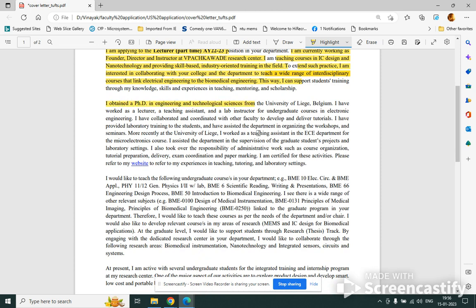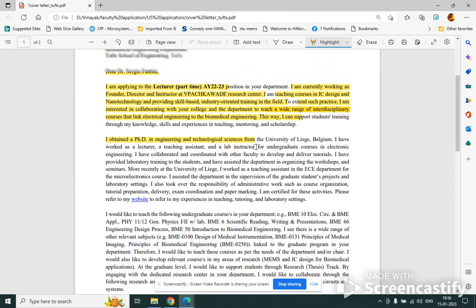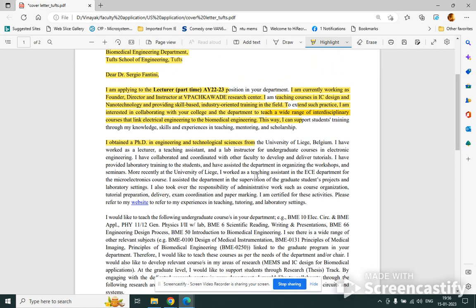Because in this cover letter you are basically trying to help the committee understand your own fit to their requirement for the particular position. So for example, I write here I have a PhD from the University of Liège in Belgium, and then I write briefly my work experience. That, for example, I worked as a lecturer, teaching assistant, and instructor for the undergrad